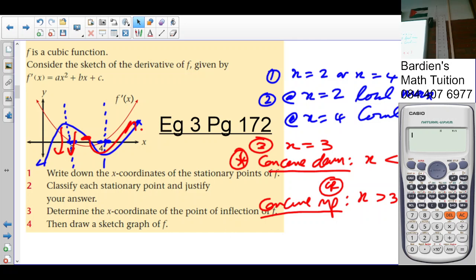Let's see how they justify the answer in number 2. See what they say in number 2. We are told that if double prime of 2 is less than 0, so the graph is concave down at x equal to 2. So therefore the stationary point is a local maximum. Okay, so if double prime of x, so if you look at this graph,